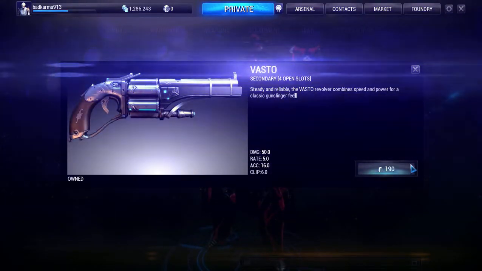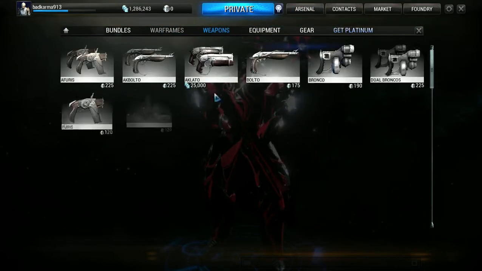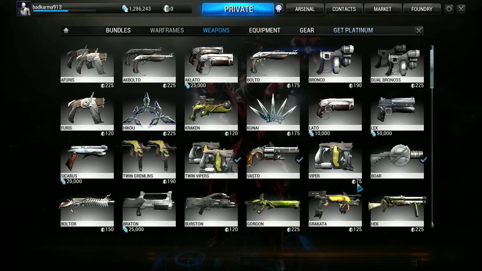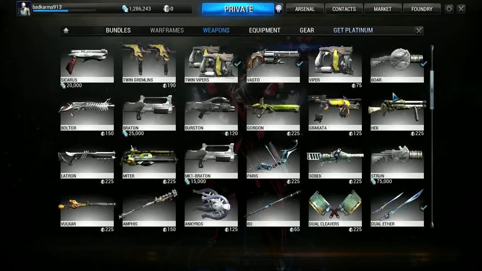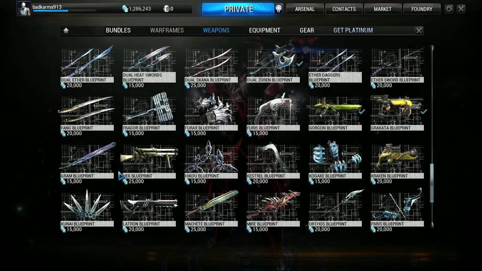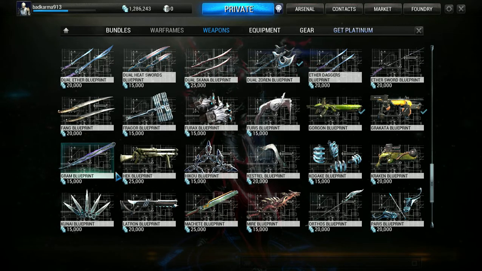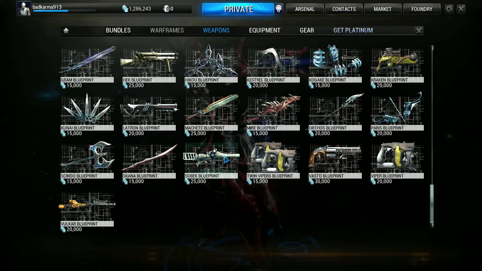Now, say you go to the market, right? And you're like, well, I can't get any of these without having to buy stuff. Trust me, because that's not an issue. Look, when you scroll down, you find these. And these are blueprints, and you can click on the blueprint, and it will open up, and then you will get to the weapons. And I will show you what to do with the blueprints once you buy them,